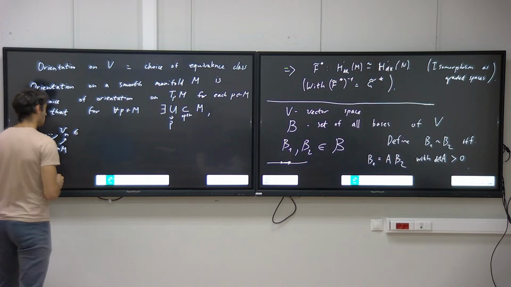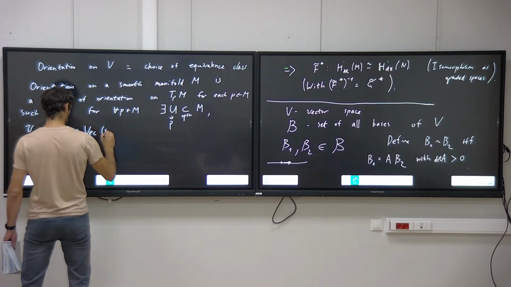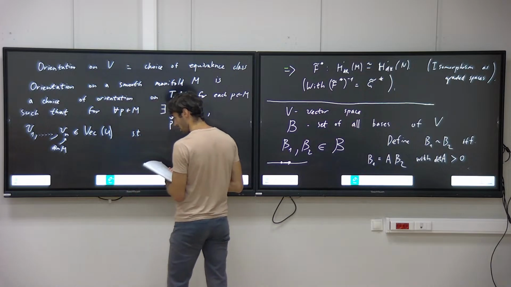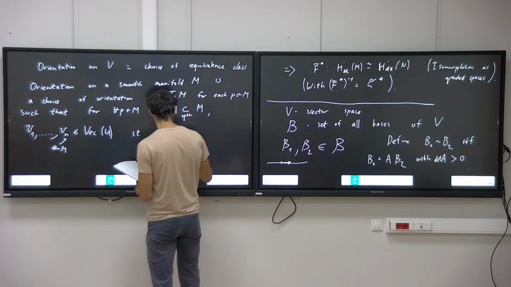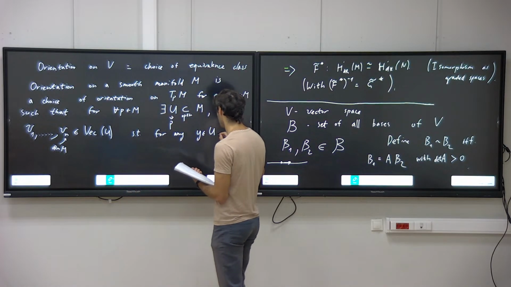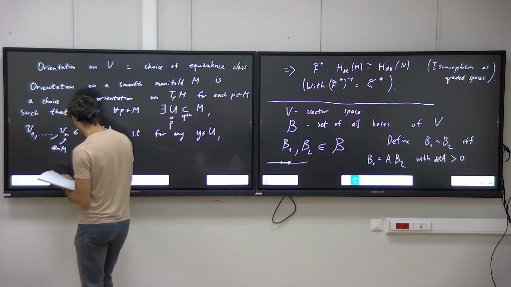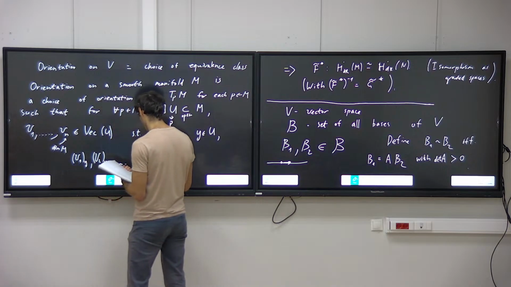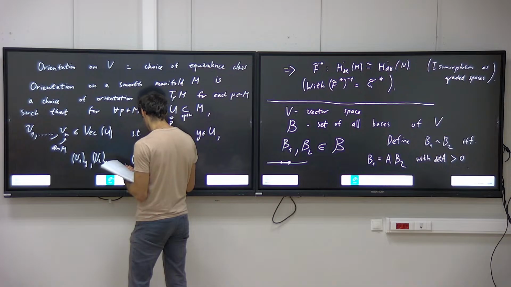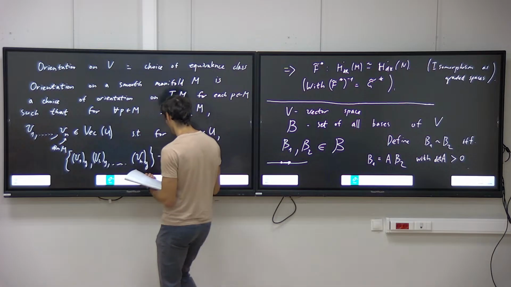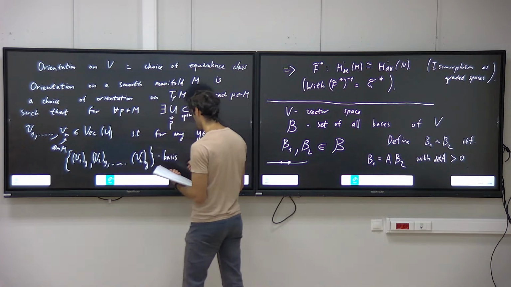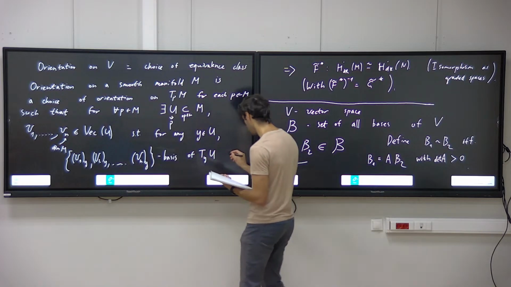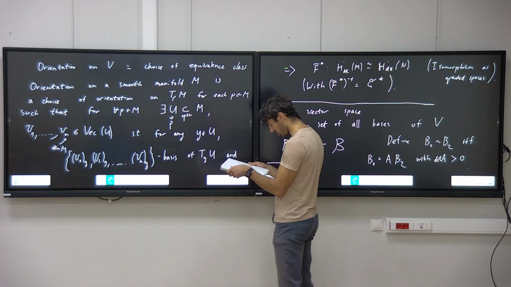So these are vector fields on U. Okay. Such that for any y from U, v1 evaluated at y, so these will be tangent vectors, v2 evaluated at y, vn evaluated at y, this is a linearly independent set, so this forms a basis of T_yU, and